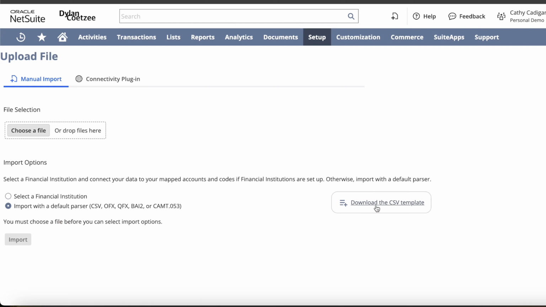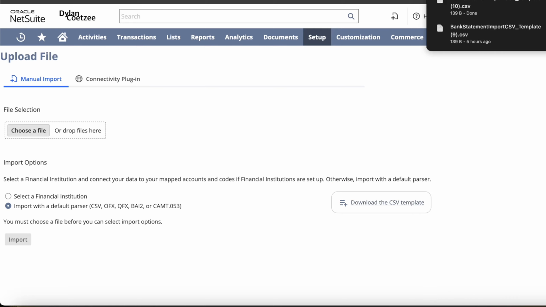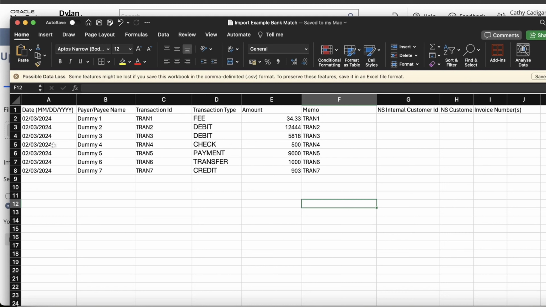You'll then notice that there is a Download CSV template file over there. When you click on that, it basically downloads a file for you, and it should be in the following format. It should be empty. I've pre-populated mine, and remember, very important is this date format over here. You need to follow this format. Unfortunately, this is not configurable, so you'll have to use the format NetSuite supplies to you, which is month, date,